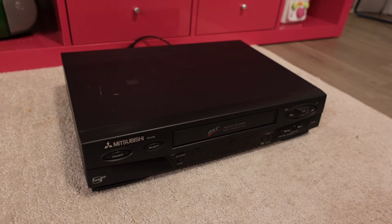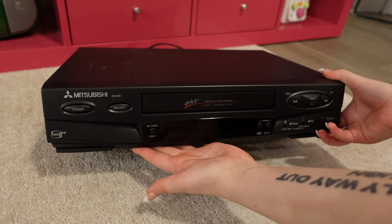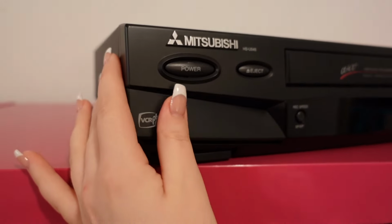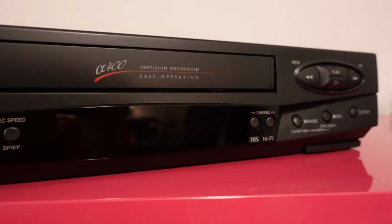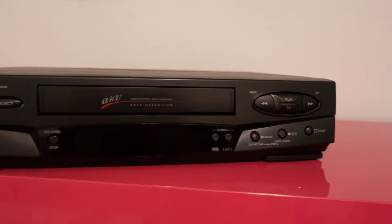Here at Yasmin Collects, we do all kinds of different retro techie themed things, but I will say my bread and butter and my favorite thing to talk about and work on is definitely the good old video cassette recorder. And today we have a Mitsubishi HS-U545. This was a really cool find. I got this at one of my local thrift stores for